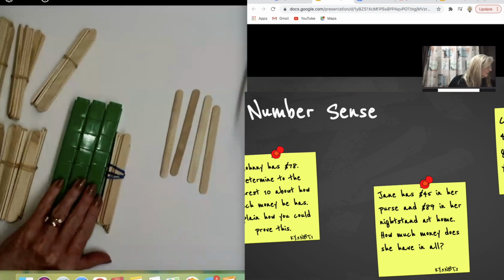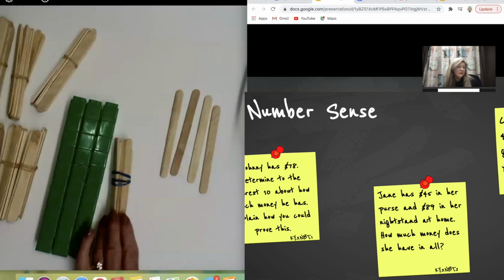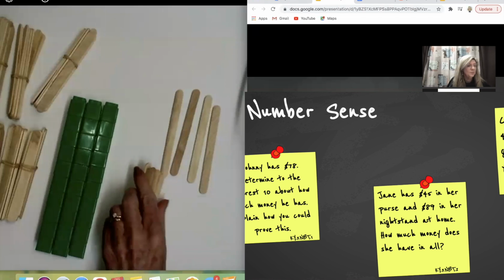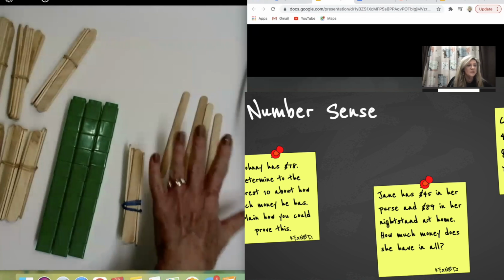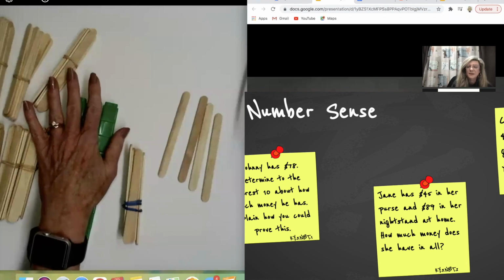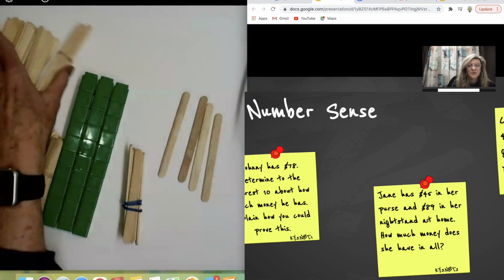We're not necessarily teaching them the regrouping of these numbers, but we're showing them how to do it concretely with tools. And then when we move to the ones that are ready, when we move to showing them that algorithm, where we regroup and we take the 10 ones and we move the 10 over into the 10s place, they'll understand what they're doing when they put it into that abstract and show that algorithm with digits and numbers.